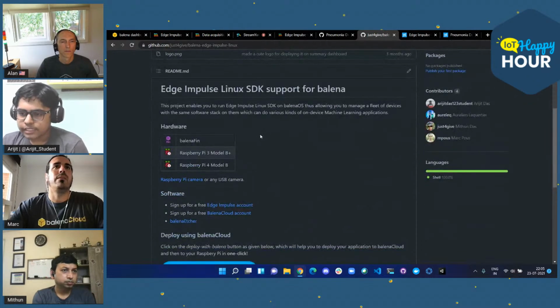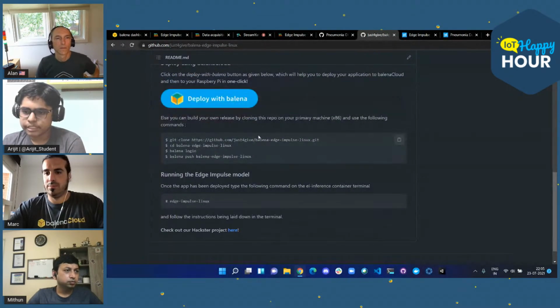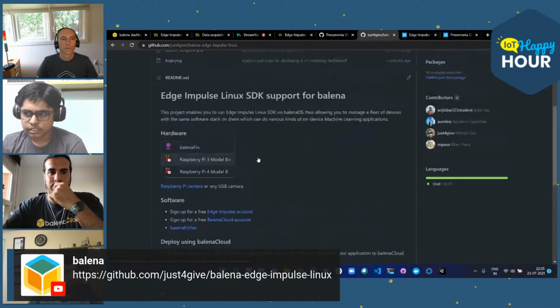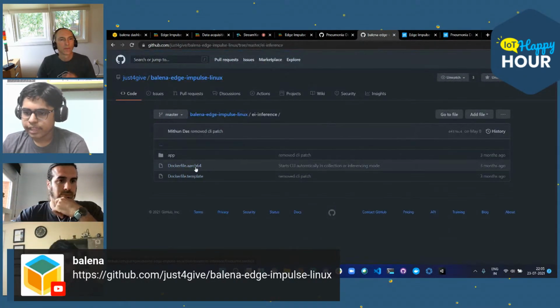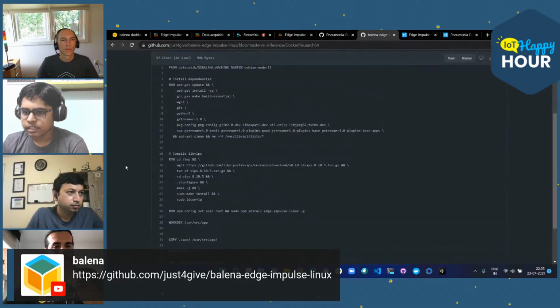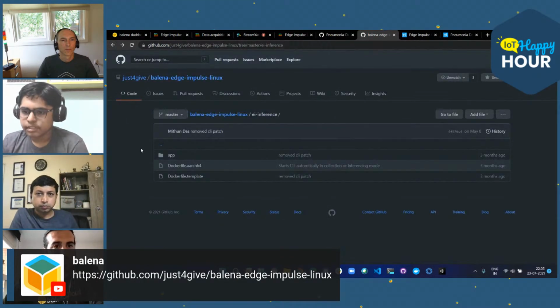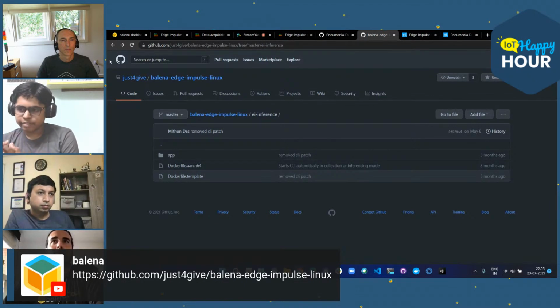All right. So it has some smaller information about the hardware that we have used and the software deployments. Over here you can see that it runs on top of Edge Impulse for Linux. We have the Docker files on top of which the Balena OS runs on your single board computer, and these are running the basic requirements.